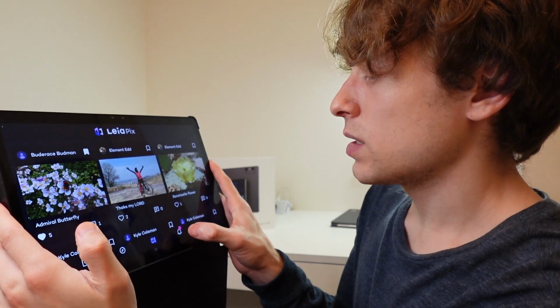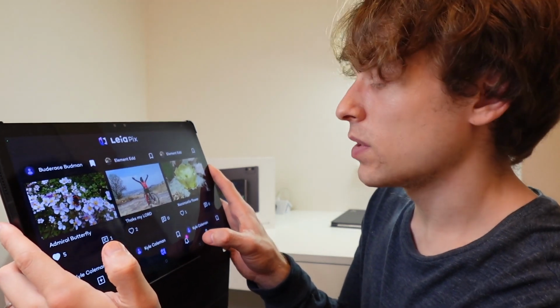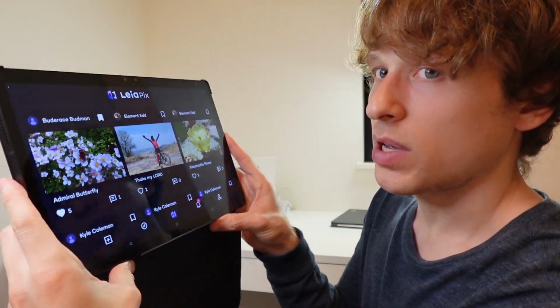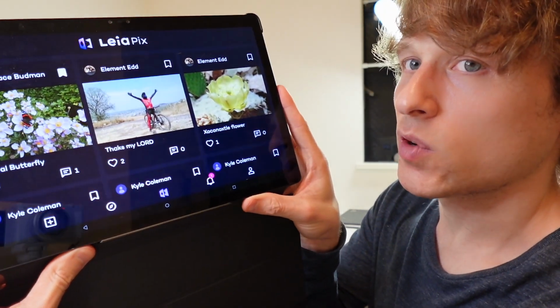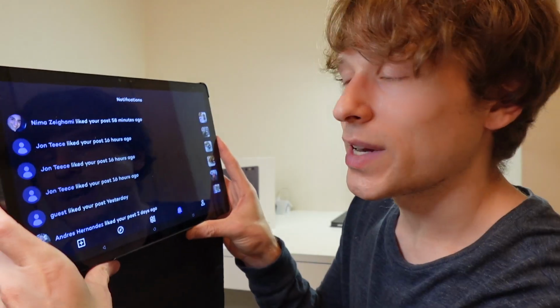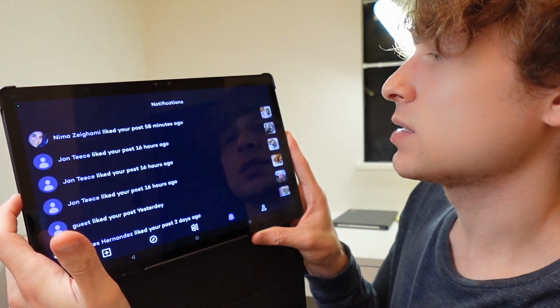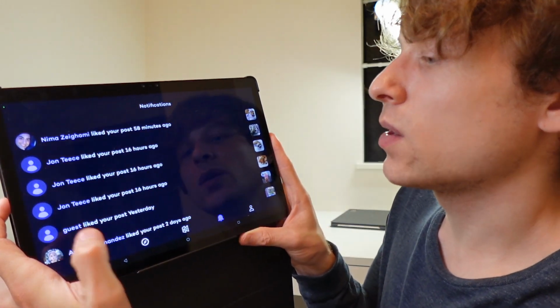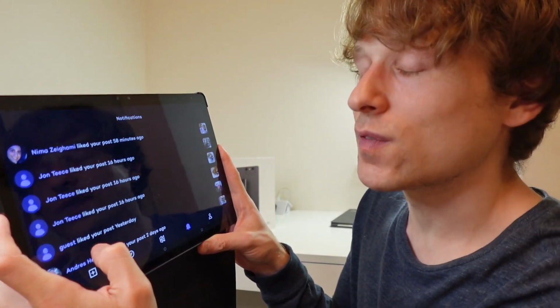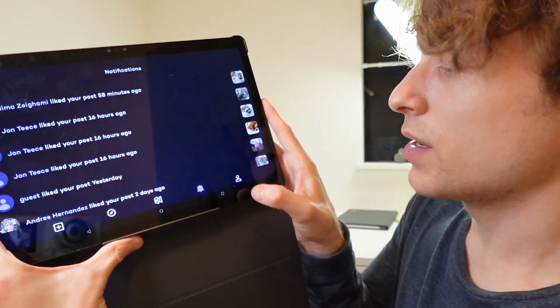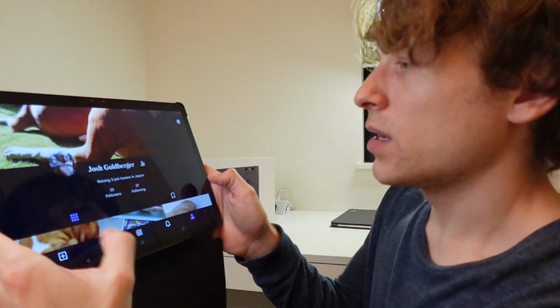When you get a notification for a photo that you upload, it shows up right here. So there's this pink +1 notification that pops up, and 90% of the time it's one of two things. Somebody liked one of your posts within the last 16 hours or 58 minutes ago, or somebody started following you. So this is the notification icon, and then if you click on your own profile, then you can see